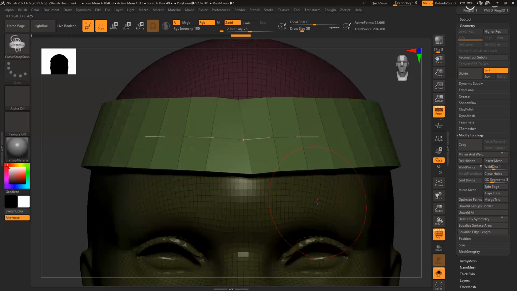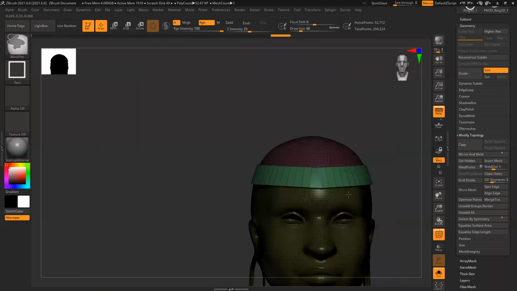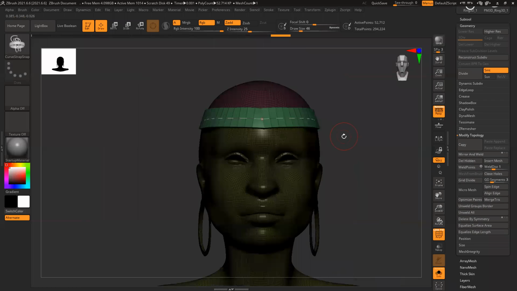But that is all, with remesh and all, we fix it.